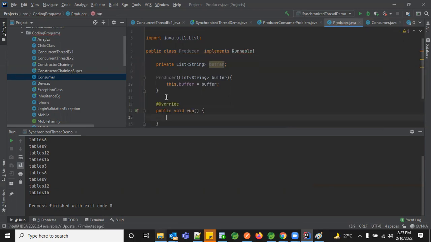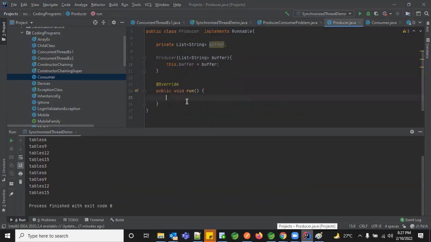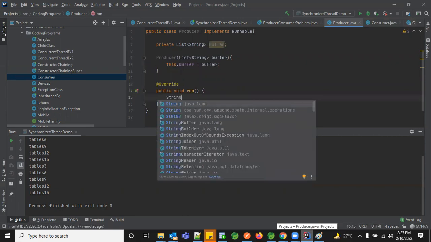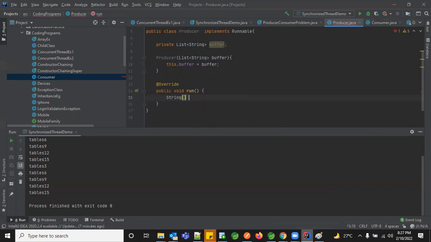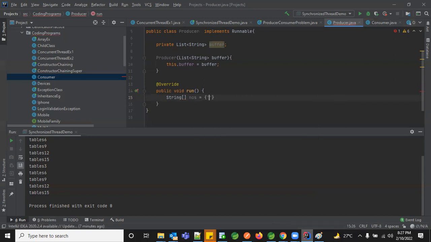So what I'm going to do right now is add the same thing. We're going to add these numbers. Okay, since it's a string, I'll have a string array followed by numbers equal to, I'll just give dynamically 1, 2, okay, let me have these items now. So I'm going to add these values into this list. Okay, that is what this run activity does.